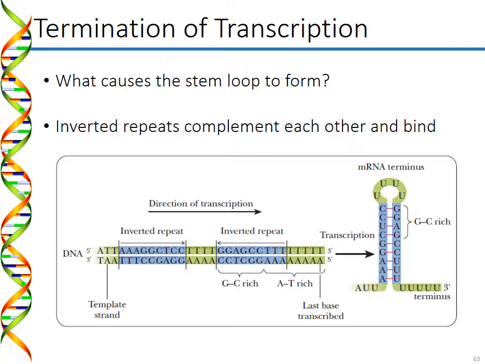So on the inverted repeat on the left, the top strand is AAA, GGC, TCC. That is the same sequence that is on the lower strand. Again, we're reading it 5' to 3',